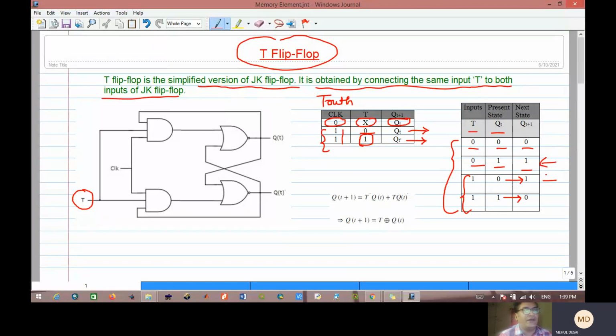Now based on these 1s, if the inputs are complements of each other, then we get the output 1. So it is nothing but the XOR gate. So Qt+1 is nothing but T XOR Qt, or Qt+1 equals T' Qt + T Qt'. So in this way,